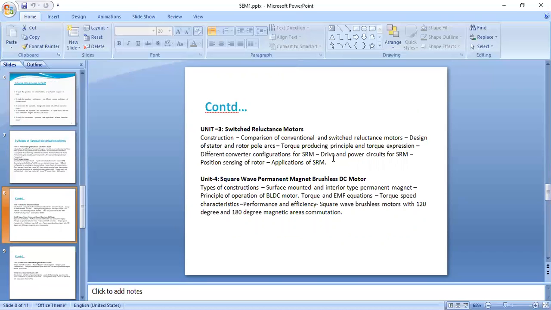are going to study about the operation of the switched reluctance motors, and we are comparing the switched reluctance motor and conventional motors. And mainly we concentrate in this unit on the design of the stator and rotor poles. Why? Because by properly designing the stator and rotor poles, you will get a higher efficiency for the switched reluctance motor. And also the next most important topic is the different converter configurations for the switched reluctance